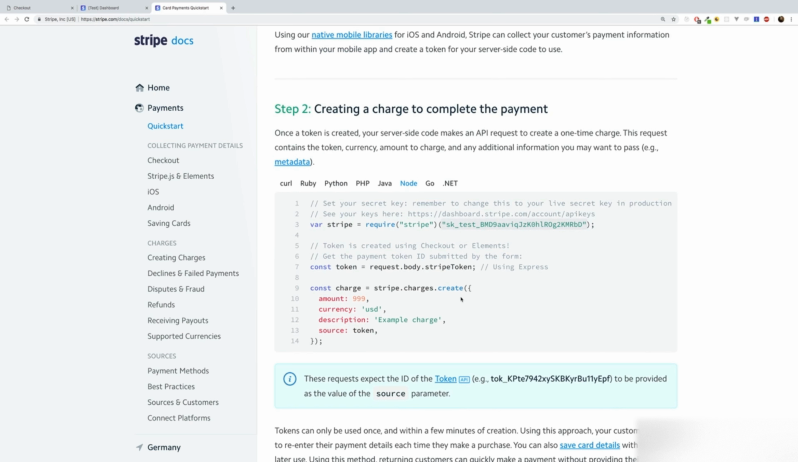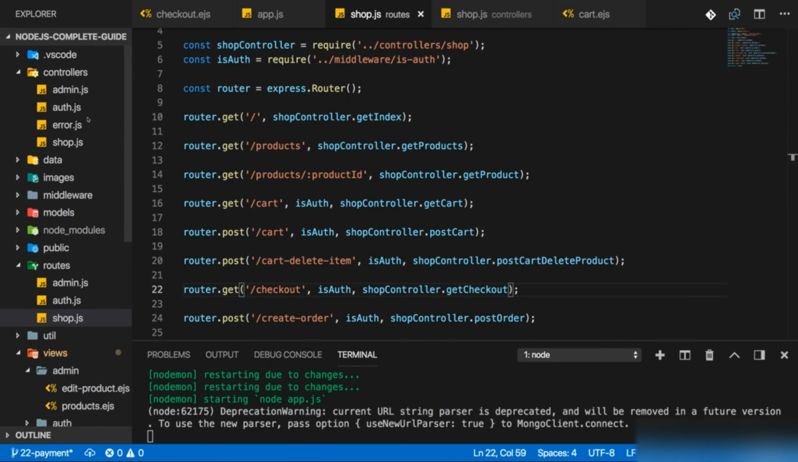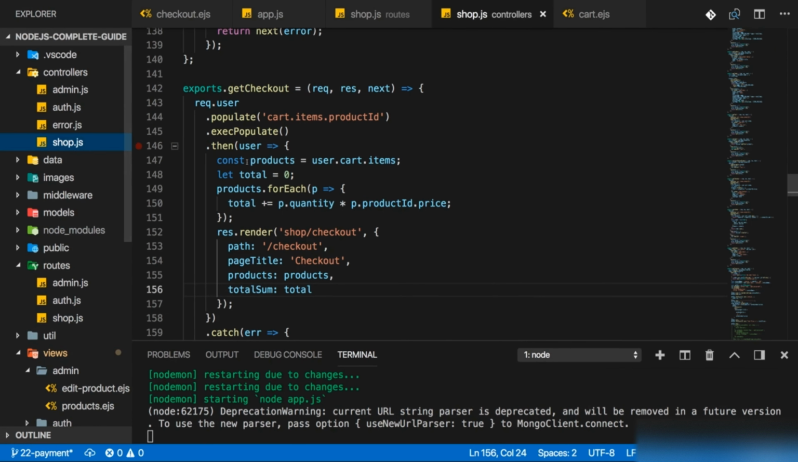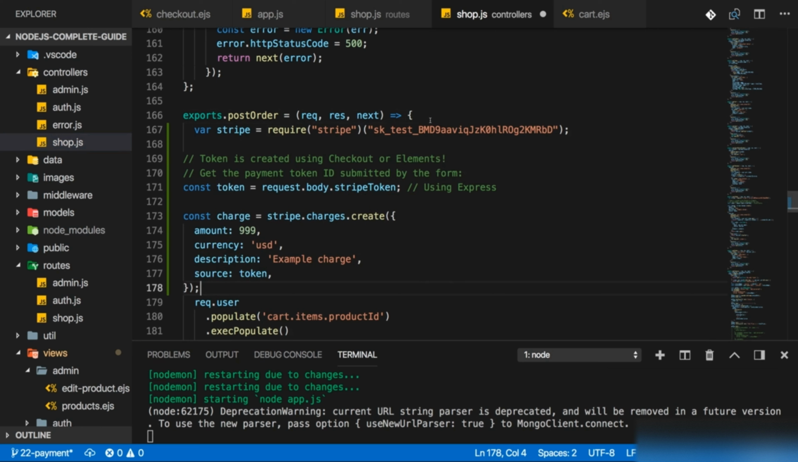And you see that the incoming request will have a Stripe token in its body. We can copy that code as well, and then move to our controller, and there to shop.js, of course. And now we're interested in post order. Now, here, in the end,